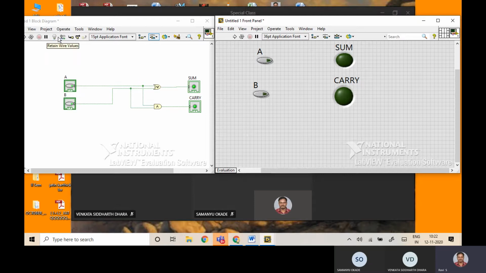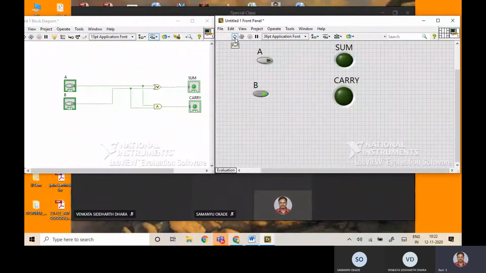Down by the operate section. Is it possible to see, my dears? In the block diagram panel, down by the operate, there is a bulb. Highlight execution option is there, right? Yes. Okay, if you press this highlight execution option and if you apply some input, say suppose I'm just applying 0 1. Okay, then what happens?